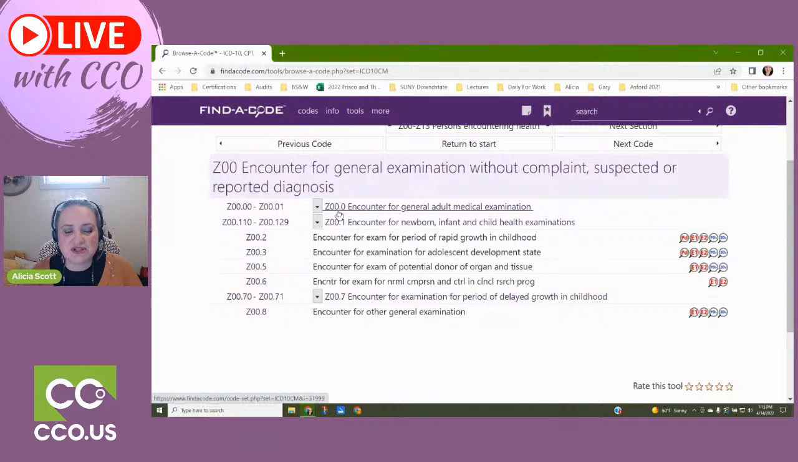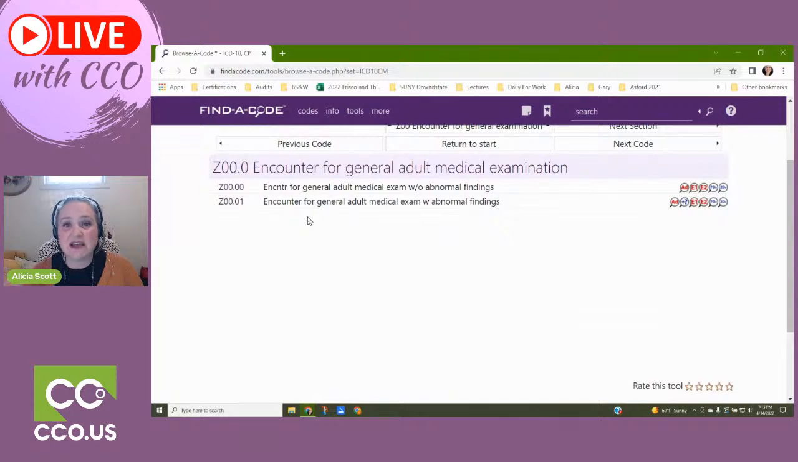So let's look at the example. The zoo code is two parts. You have point zero zero and point zero one. You've got an encounter for an adult medical exam. That's the first thing, because there's one for pediatrics and adults without abnormal findings. So I went to the doctor, there's nothing wrong with me, and